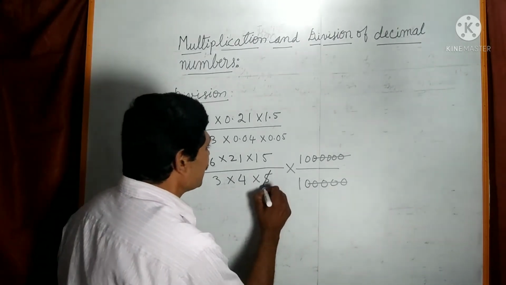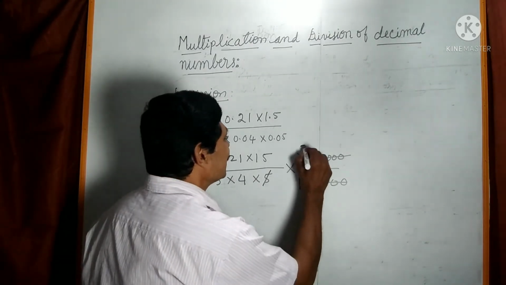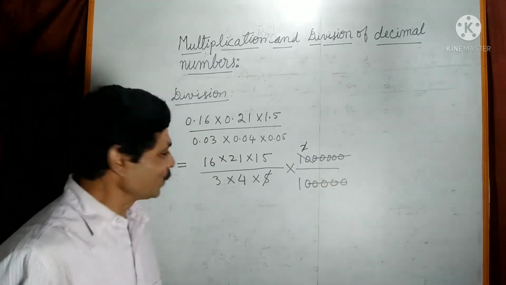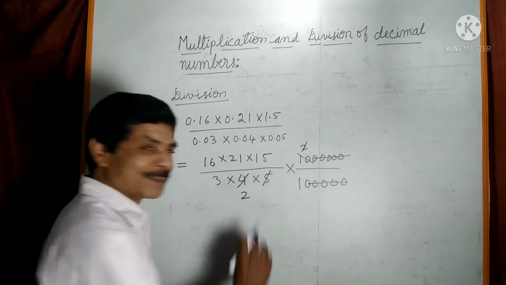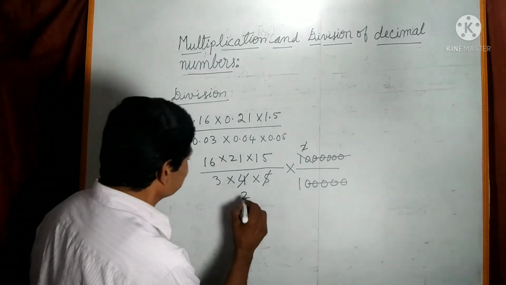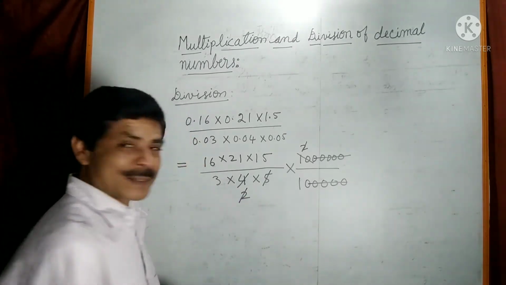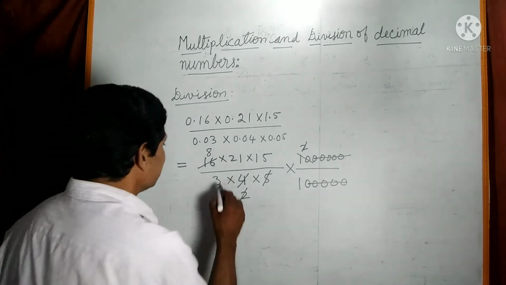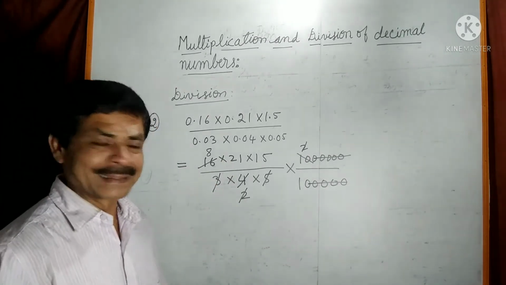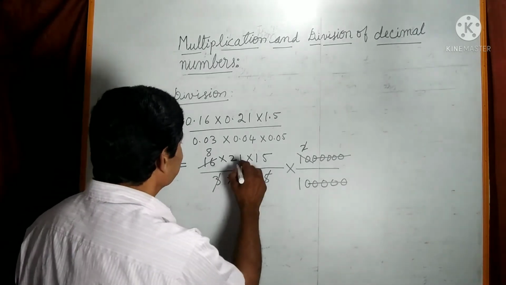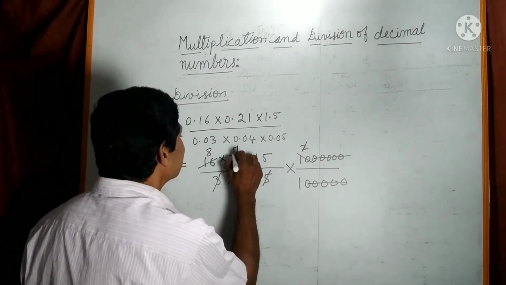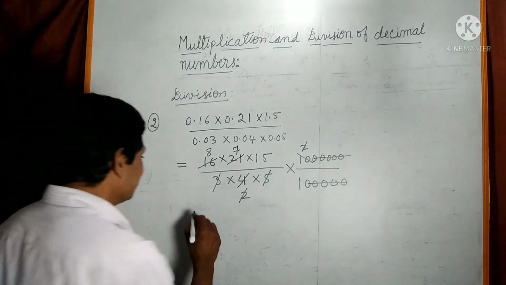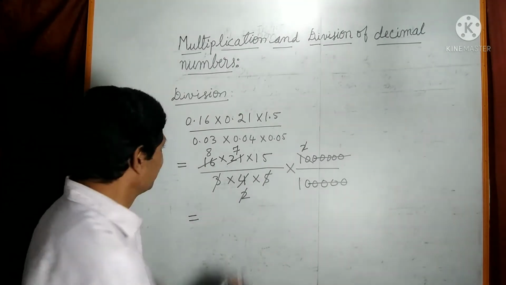Here 5 ones are 5. 5 twos are 10. 2 ones are 2. 2 twos are 4. 2 ones are 2. 2 eights are 16. 3 ones are 3. 3 sevens are 21. Now what remained? We will write this is equal to 8